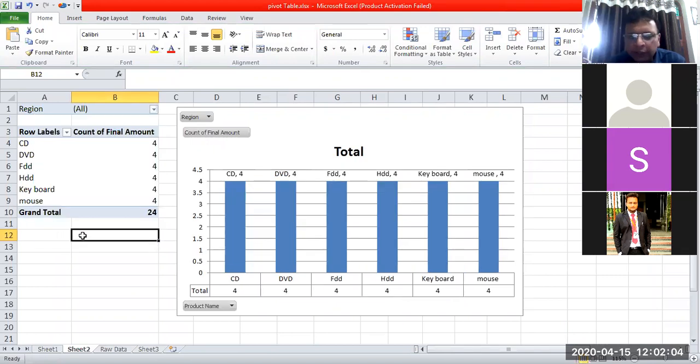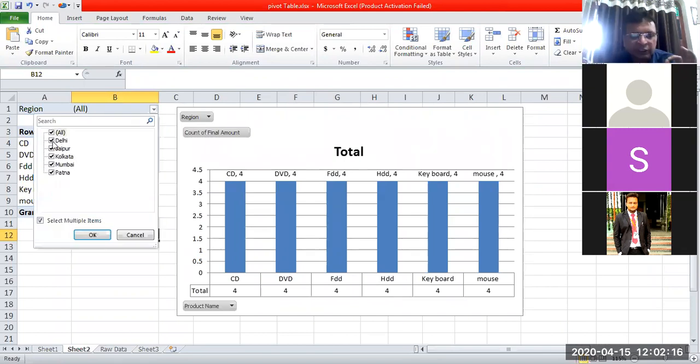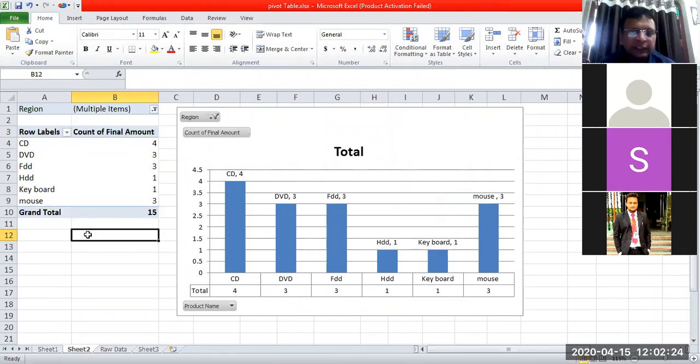The moment I will do it, it will show me the data for all the regions, right? But if I want to restrict the sales data for the products only for specific region, I can pick and choose. Right now what I have done, I selected only 3 regions. In the 3 regions, it is showing me the sales data. It is not showing me the states. It is not showing me the cities. It is simply showing the sales transactions. How many transactions happened in 3 cities? There are situations when you don't want to show the cities, but you want to simply show the data of sales. Similar thing can be done on the formula also.